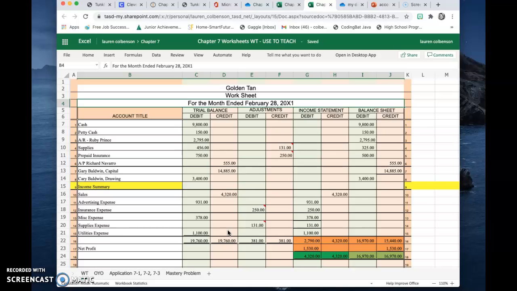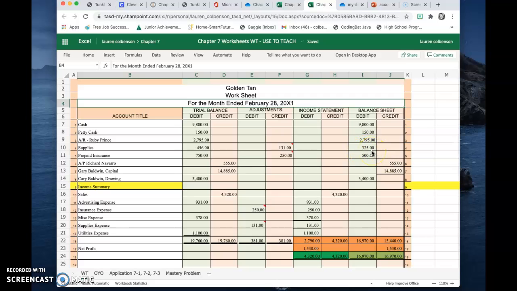So the adjustment information is dated February 28th, which is the end of the month, and we have $325 worth of supplies on hand. Now, you can see that we started with $456 in our supplies. If we take $456 and we subtract $325, which is how much we have on hand, the difference is $131. So we're going to deduct the $131 from our supplies. To deduct, we do a credit. So credit of $131,